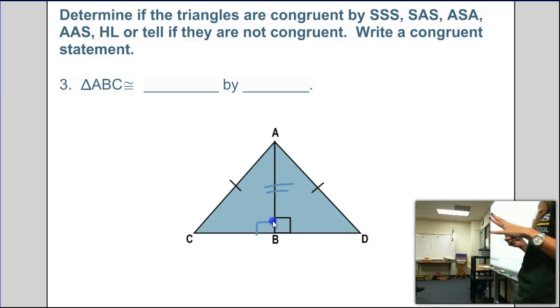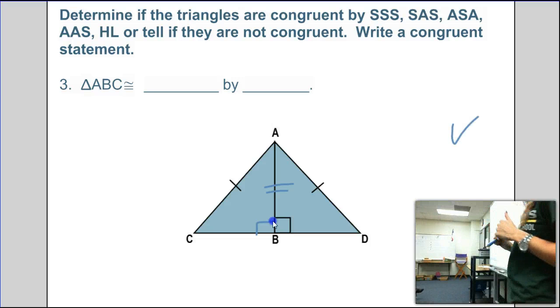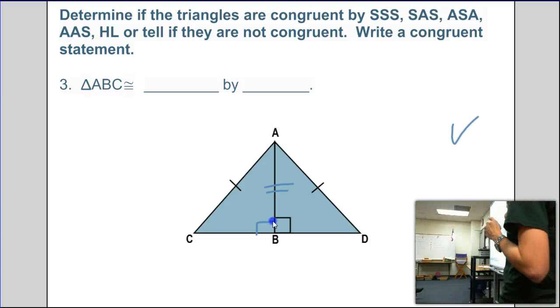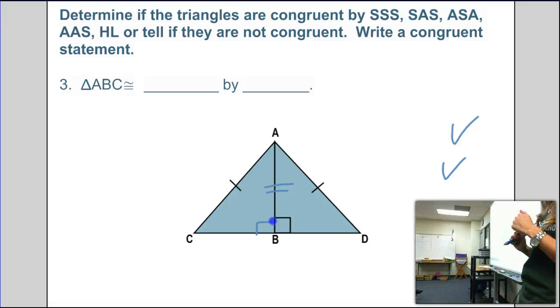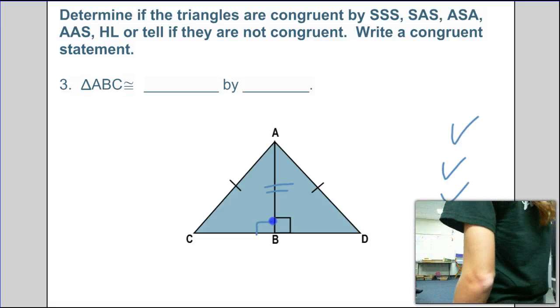So here's a hint. When you start looking at it and it's spelling the bad word, you put NP. Unless it's a right triangle, and then you're like, oh yeah, he's the exception to that rule. And then you check your three things. Do both triangles have a box? Yeah. Do both triangles have a tick mark on the hypotenuse? Do both triangles have a tick mark on the leg? Yeah. So they're guilty of being congruent by